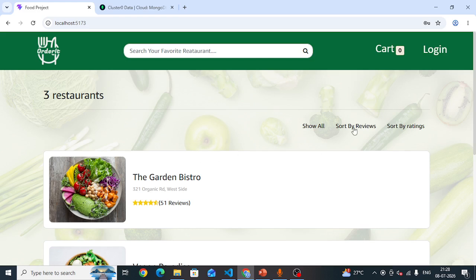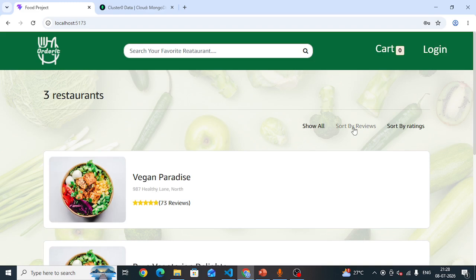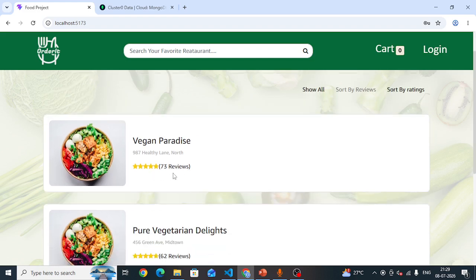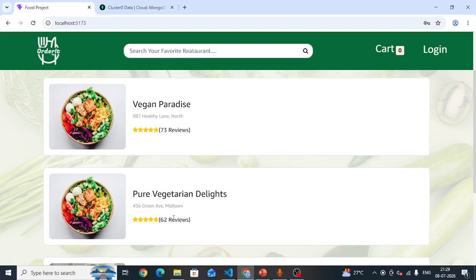If I click sort by reviews, so it will sort according to reviews.